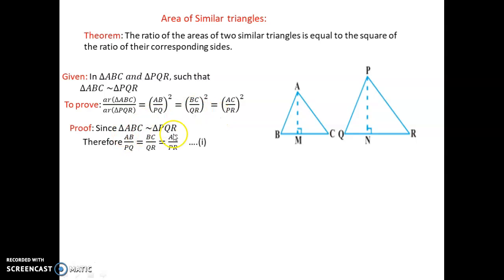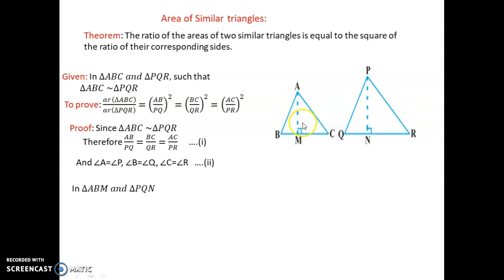First of all, ABC is similar to triangle PQR. If ABC is similar to PQR, then by the definition of similarity, the corresponding sides are in the same ratio and the corresponding angles must be equal. So what are the corresponding sides? The sides AB and PQ, AC by PR, BC by QR, they must be equal, and corresponding angles, that is angle A is equal to angle P, angle B is equal to angle Q, and angle C is equal to angle R. Okay, I have written these as equation number 1 and equation number 2.